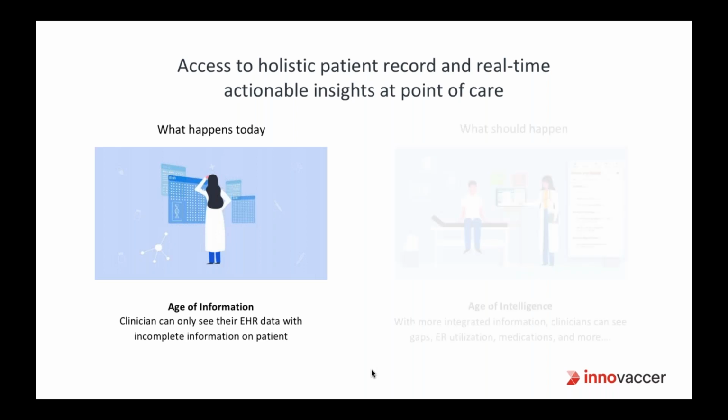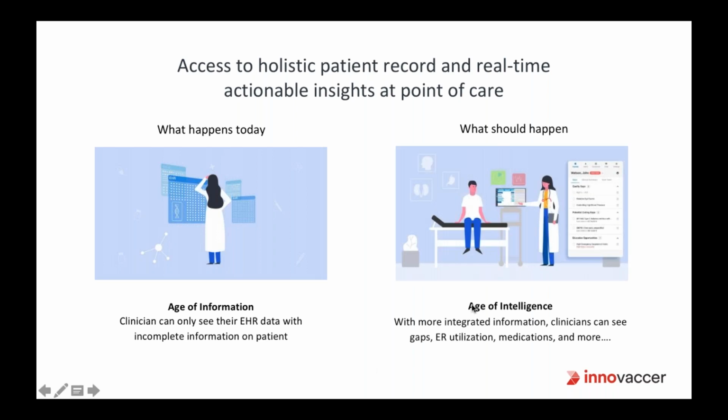What we need to do is move into this age of intelligence, where we have integrated information so that every clinician can see not only the information across the spectrum of all the people taking care of that patient, but also that data turned into real intelligence, showing the gaps in care. What does the clinical evidence show are the effective interventions that can be done for that patient given those